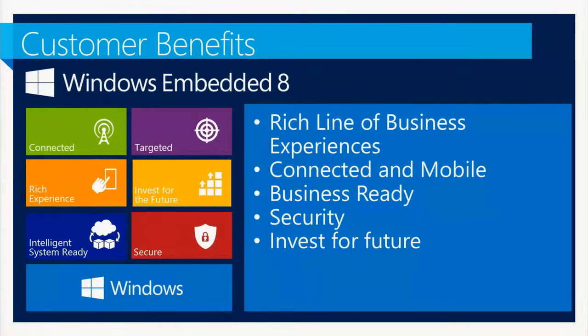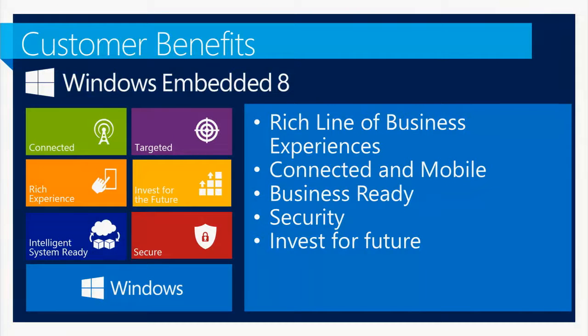Invest for future. Now, we know that we want to provide you with technology that you can have confidence in, which means if you build a device today using the technology that we offer, you have to have the confidence to provide that to your customers, knowing that this will be supported